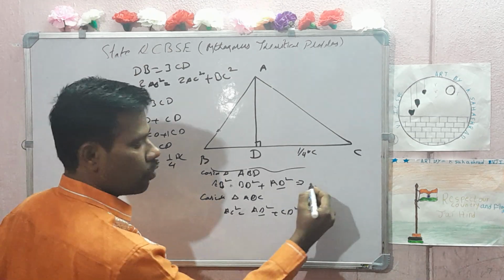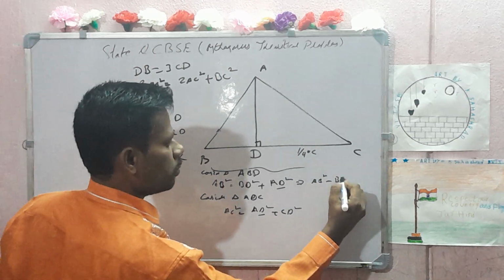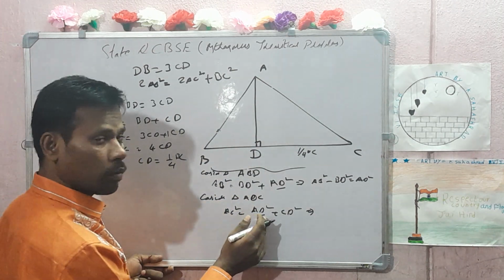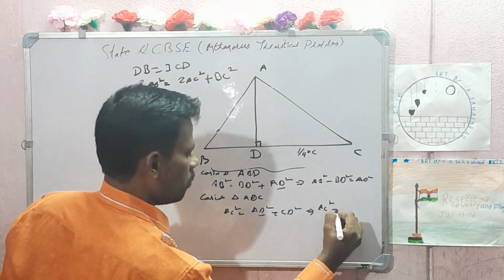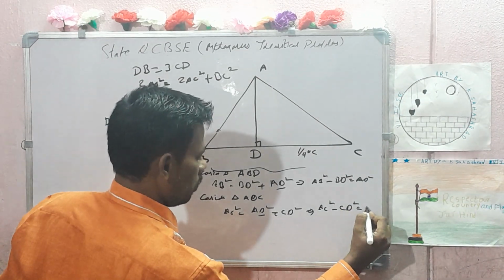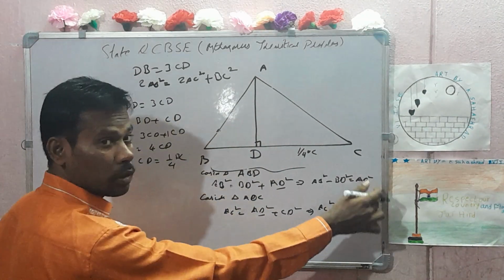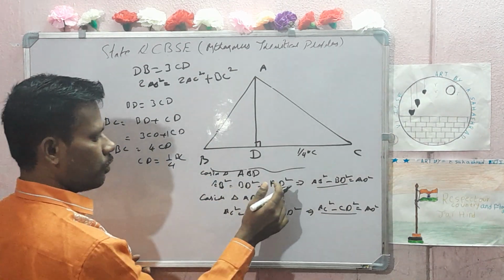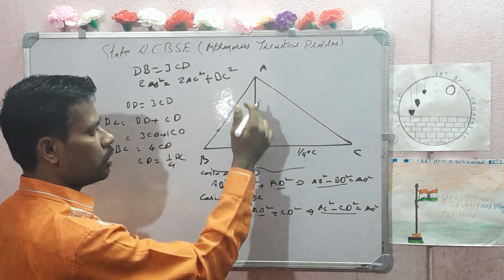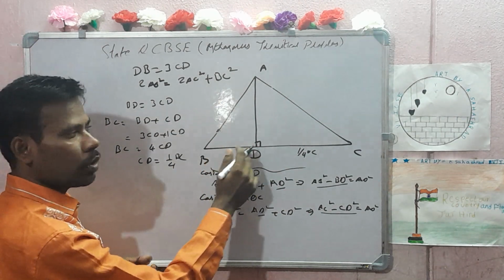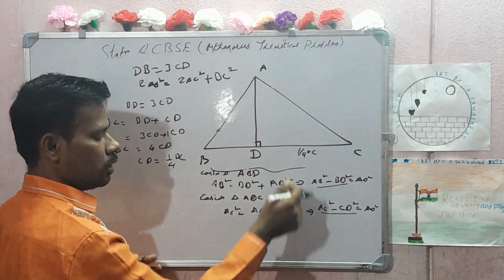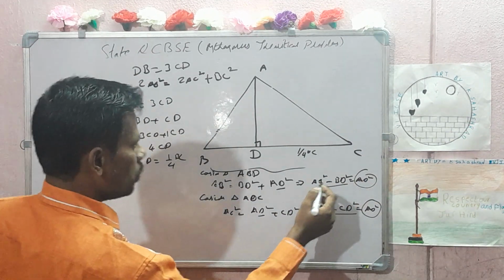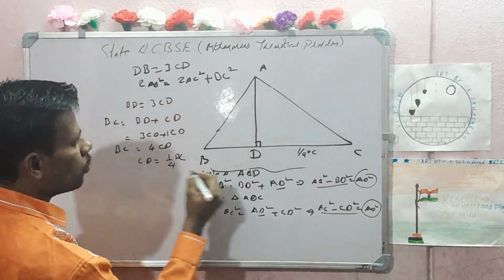This implies what? AB square minus BD square is equal to AD square. This implies AD square keep as it is. AC square minus CD square is equal to AD square. Right? Both are same, no? RHS, therefore we can equate these two. Are you following what I am saying? So from this AD square is equal to this one. Or else you can write directly AD square is equal to hypotenuse minus this one. Therefore equate both, because AD square both are same. So therefore AB square